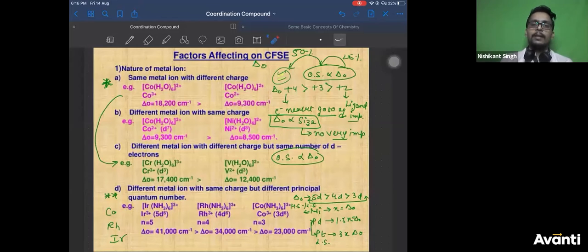So that was for nickel, Hari Prakash. We are trying to say F- is a weak field ligand. But F- also acts as a strong field ligand for nickel +4. Why? Because in the +4 oxidation state, the delta O value is very large. Correct?